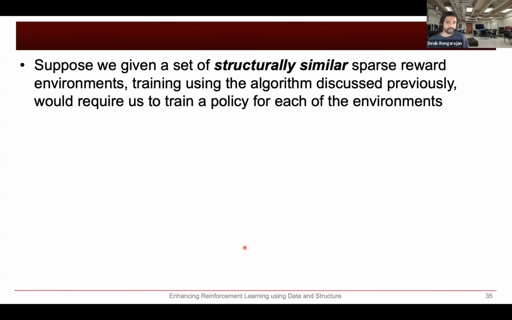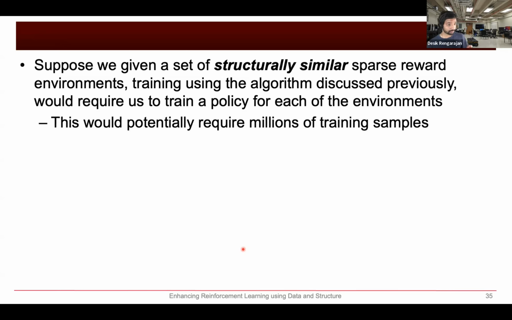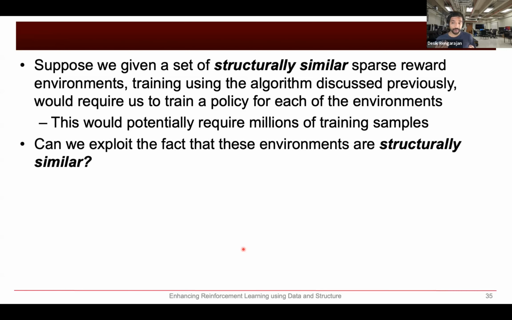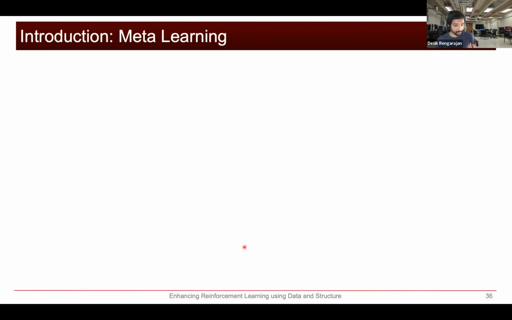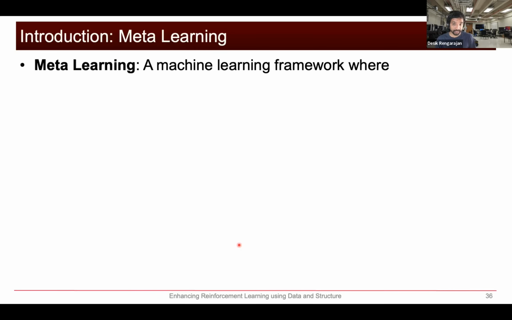Right. So another problem is that suppose you're given a set of structurally similar sparse reward environments. Training using the algorithm mentioned previously would require us to train for each of these environments, which would require millions of training samples. So can we exploit the fact that the environments are structurally similar, and use demonstration data to collect only a few samples from an environment and then adapt to that environment pretty quickly? This is where our other work comes in, which is basically extending the same